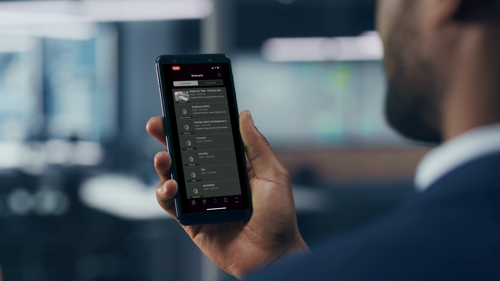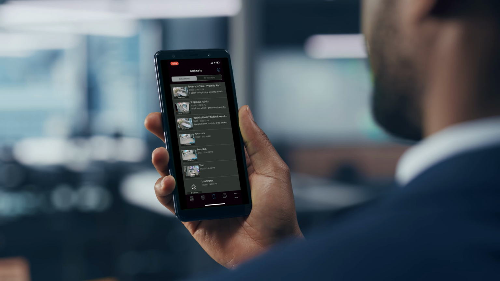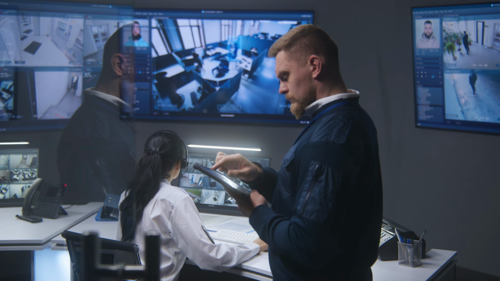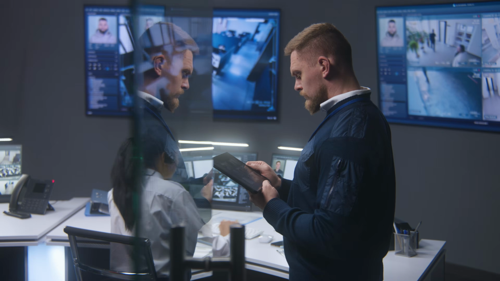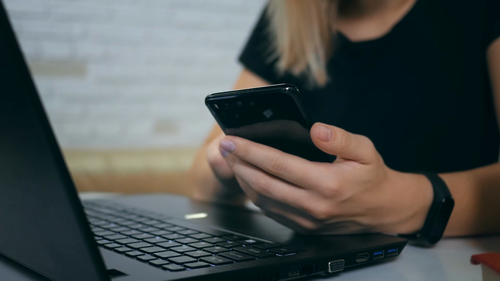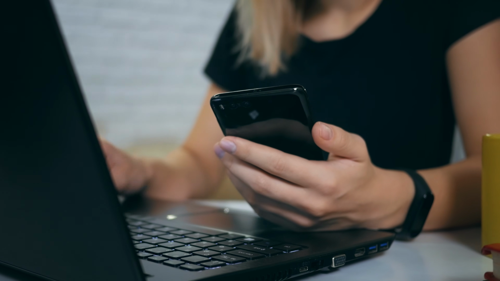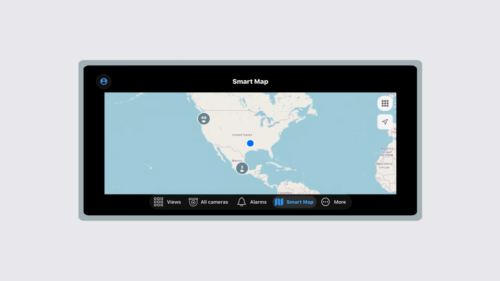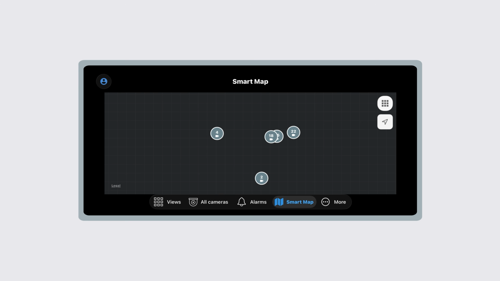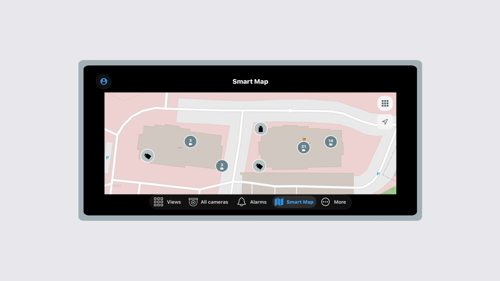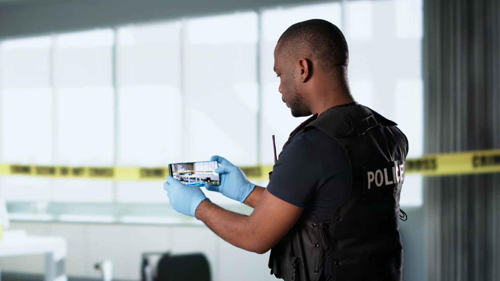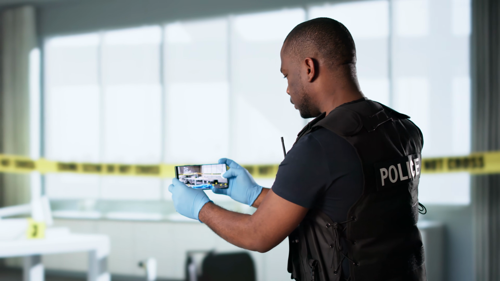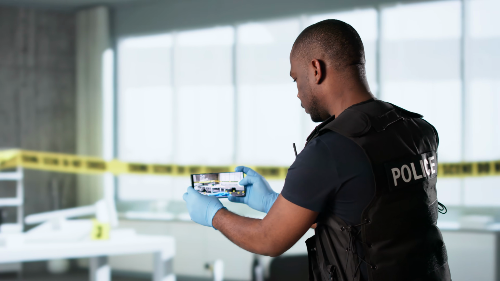The mobile client helps you stay connected to your surveillance system, whether you're on-site or on the go, with apps for Android and Apple iOS. Push notifications help users respond quickly to alarms, while Smart Map makes it easier to find nearby cameras and understand where incidents are happening. Video Push turns your mobile device into a security camera by streaming live video directly into